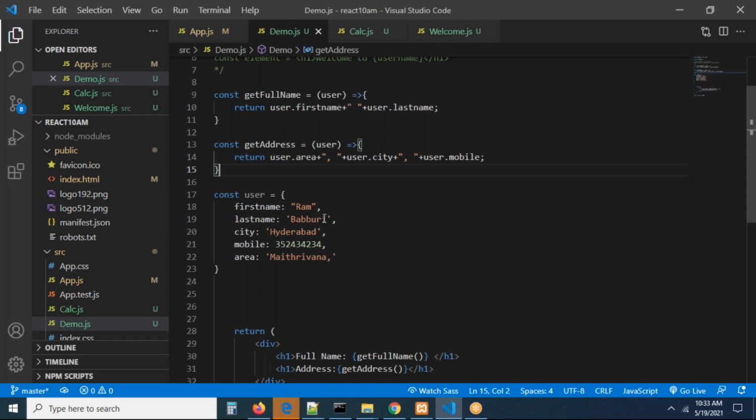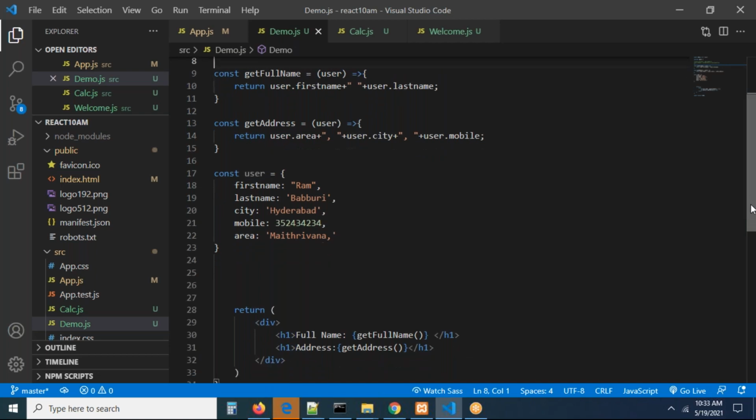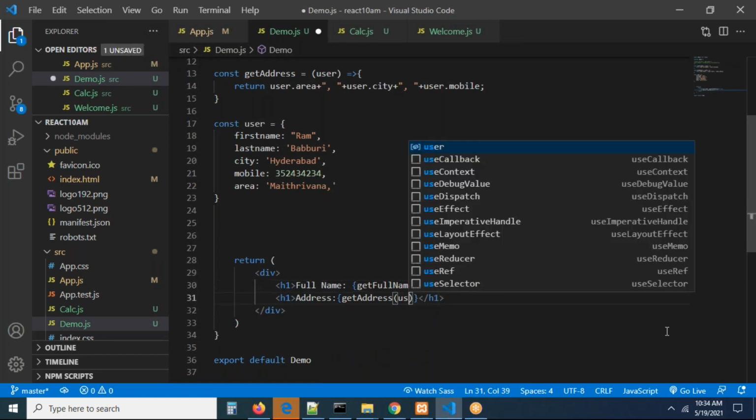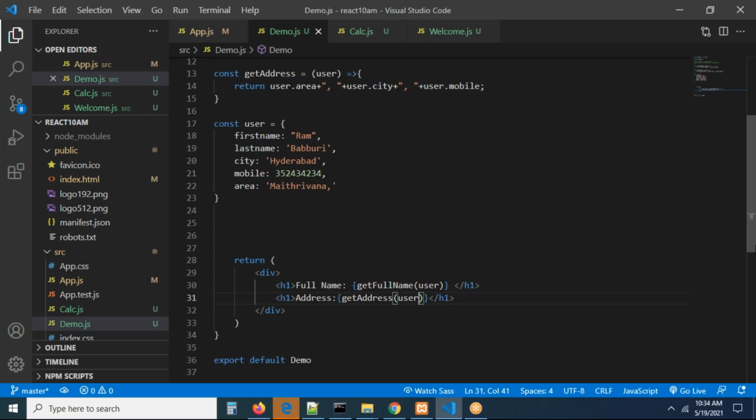Oh, sorry guys. Here actually what you have to do, it's a simple thing, right? Oh my God. When we are calling a function, we have to create a function with a parameter. Na? When you are calling the function, you have to pass the parameter, right? My God, what are we doing here? You have to call with user, na? You have to pass the user object, right?